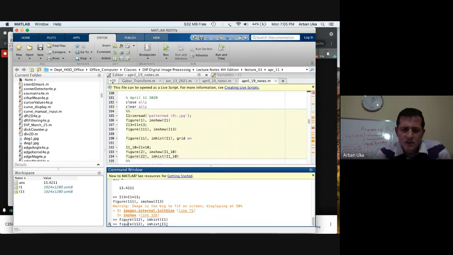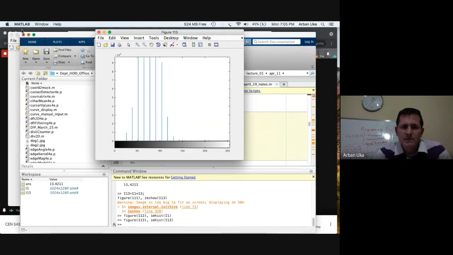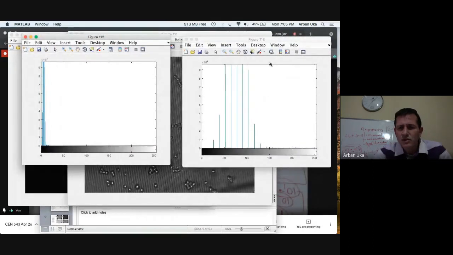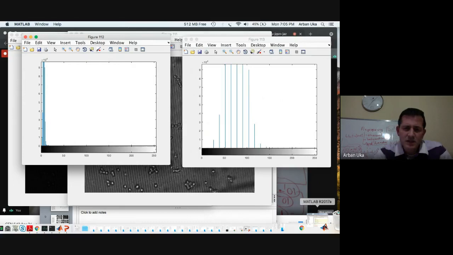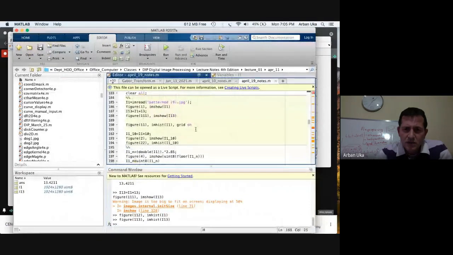And now let's see what this is, 113. So now this is what we did. Just by adapting or changing a little bit the histogram of the pixels, this is what we observe. So in principle, we can now see the image. Now, there is another algorithm, which is histogram equalization, which is going to distribute equally the probabilities of all the pixels given in an image. But for the moment, this is more or less what we want to observe.